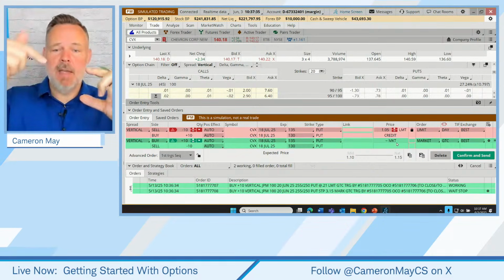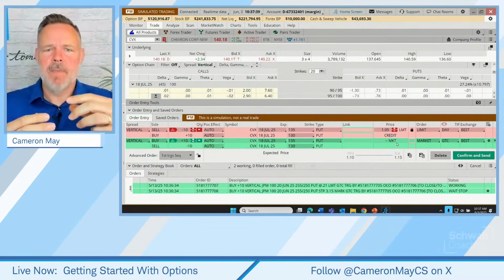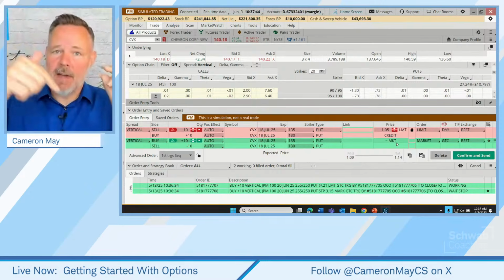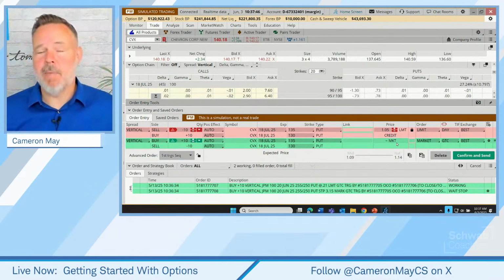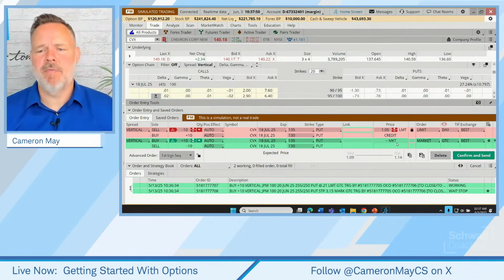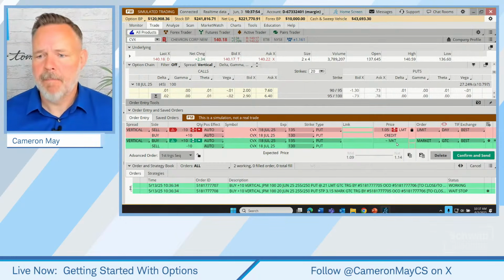If the short put is holding up the trade, if we're just taking losses on the short put and we get out and the stock continues to fall hard, well, now we have the potential to make money on a long put, just as if we had been in a long put all along. Okay. Good question. But let's click confirm and send.